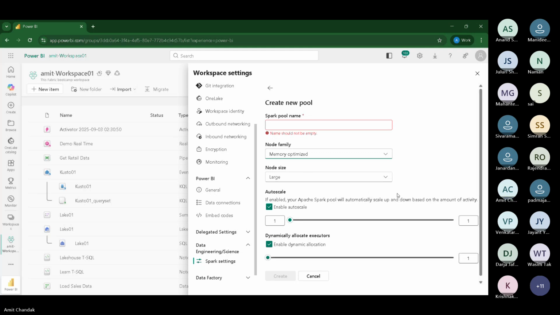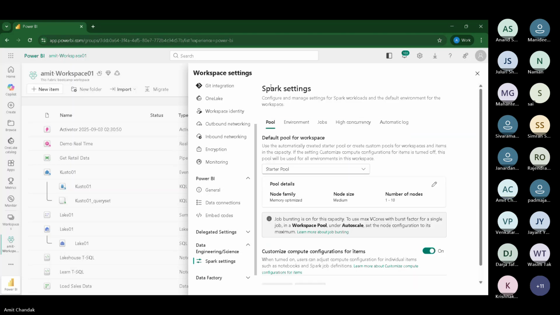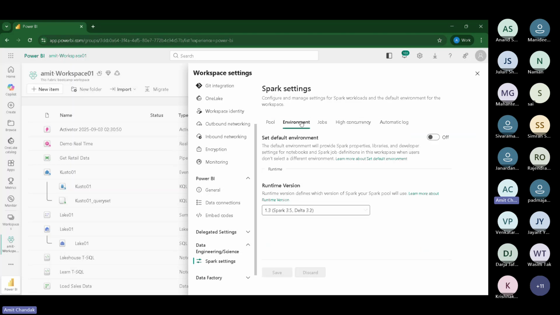So even if you run it, you are consuming the same capacity. Okay, so if you want to define, you can define the pool. Then environment you can define. If you still want to work with a little older environment, you can do that. You have jobs,